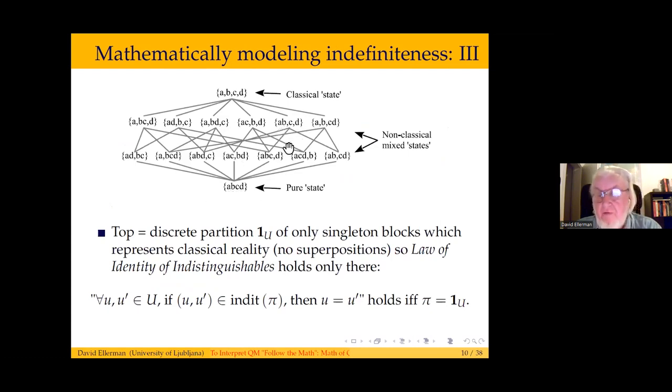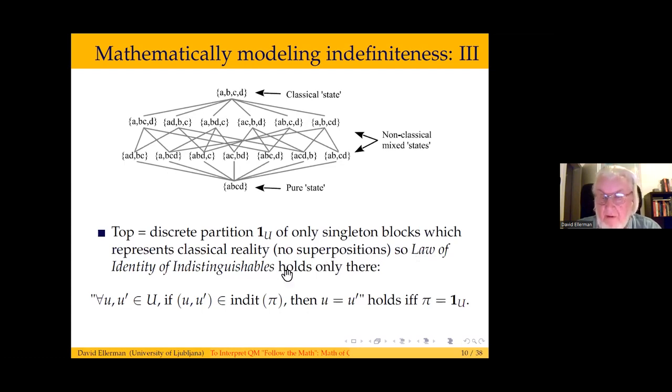And then everything in between are mixed states, but they're non-classical mixed states because each one in between has a non-singleton block, and some of them have two non-singleton blocks. So this, as it were, is the quantum world, and the classical world is this little thing at the top where everything is distinguished from each other. And accordingly, you can reformulate